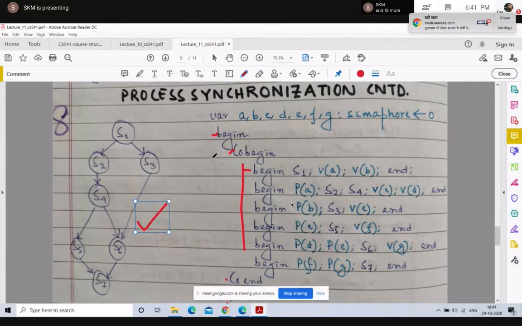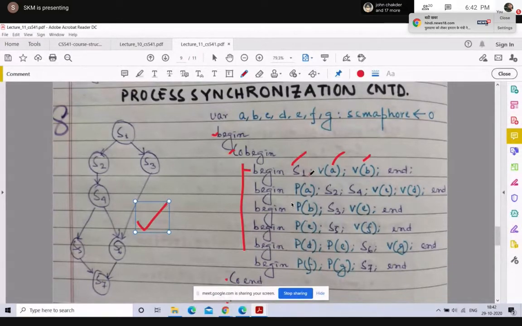So in the code I write S1 followed by V of A and V of B, where A and B are semaphore variables initialized to 0. The semicolon means that the S1 statement is executed, after that V of A will be executed, and then V of B. These statements will be executed sequentially in the process.